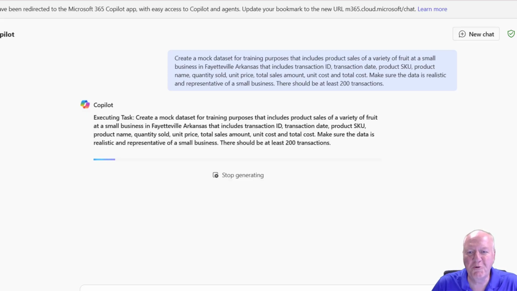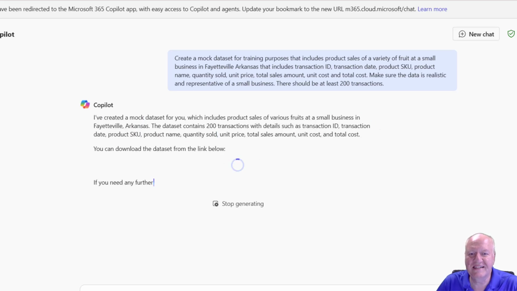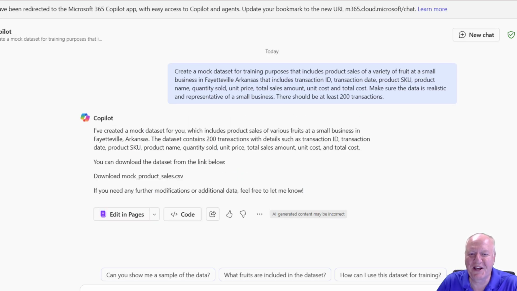Now, one of the things that Copilot does, because it's a Microsoft product, is it will immediately send it to an Excel file, and that's great. You can have that for background. In the end, I want to keep evaluating it here, but I could just click here and open it up within Excel. So it's kind of a default that way.